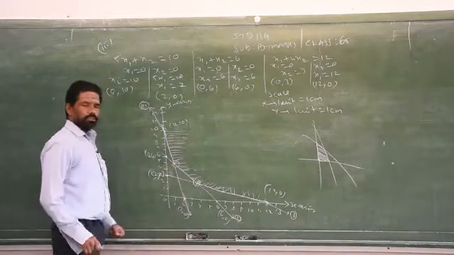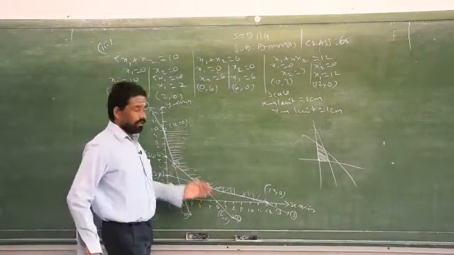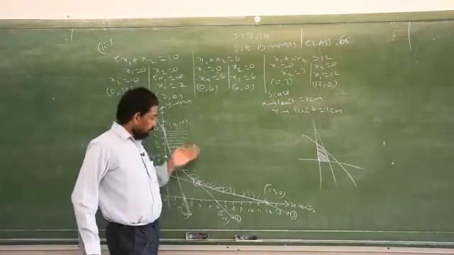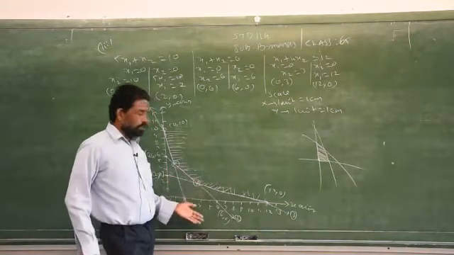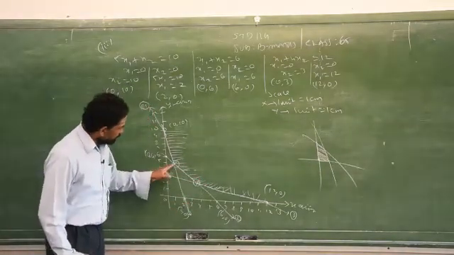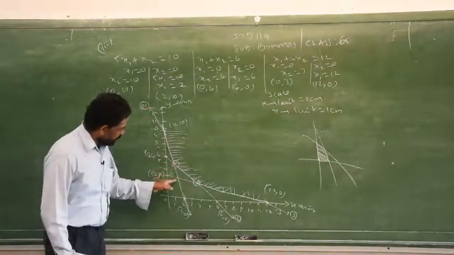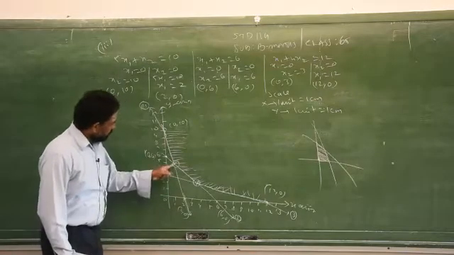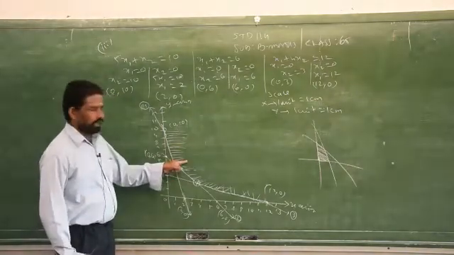How do you find out these two intersecting points? If you plot the points exactly on the graph sheet, you can easily get the x value straight to this. You have to see 1, 5. So you will get 1, 5.